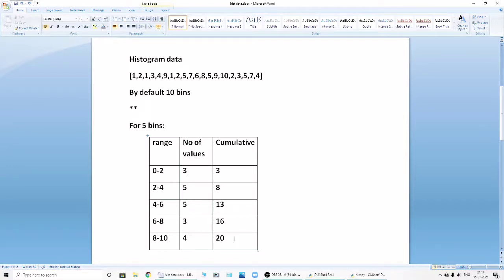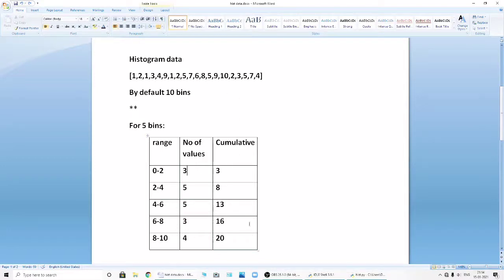This is all about cumulative. So cumulative gives the counts in that bin plus all the bins for smaller values. The last bin gives the total number of data points.